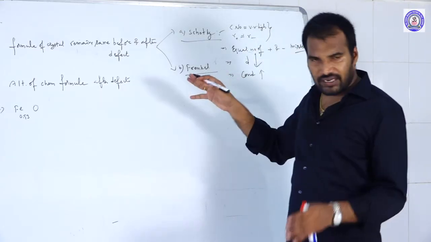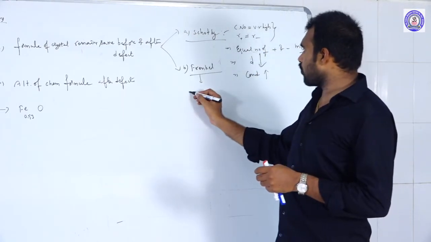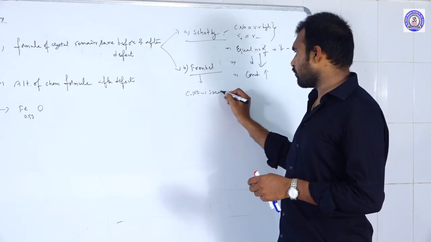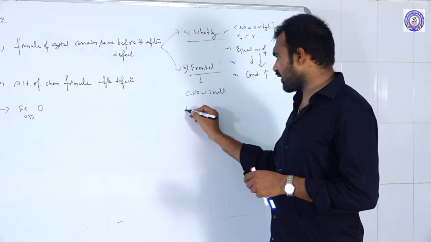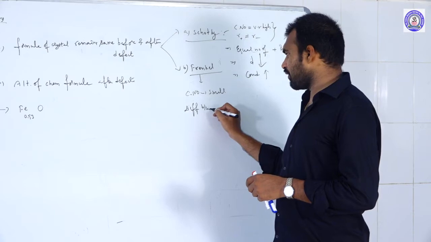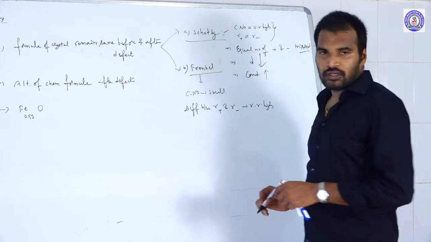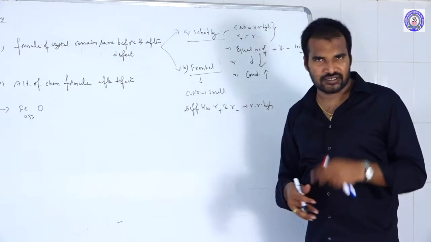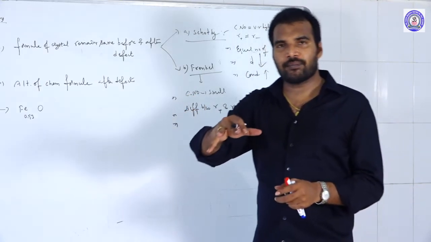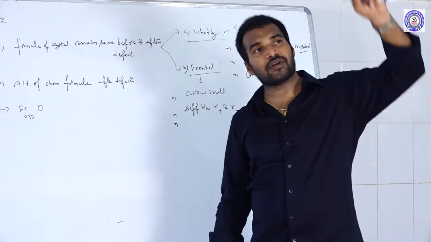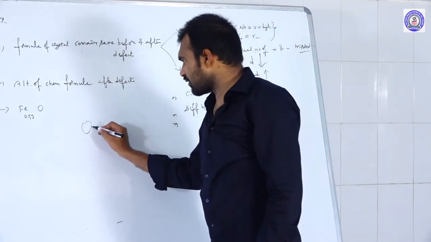Frenkel defects are quite the reverse of Schottky defects. They are observed when the coordination number is small and there is a huge difference between the cation and anion, so the difference between the radius of cation and radius of anion is very high. In that case we observe Frenkel defects. What exactly are Frenkel defects? Frenkel defects are where some number of ions are displaced from their original place into other places. For example, this is a crystal.